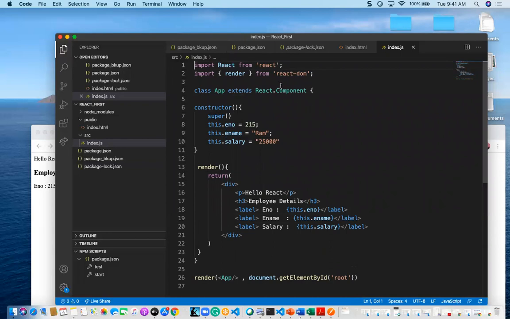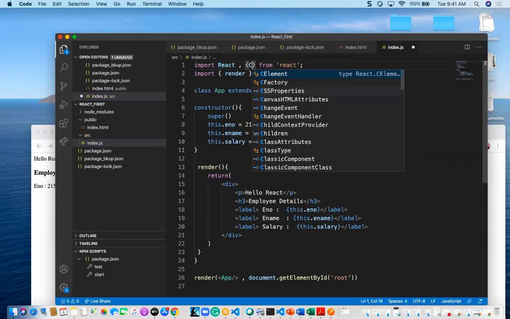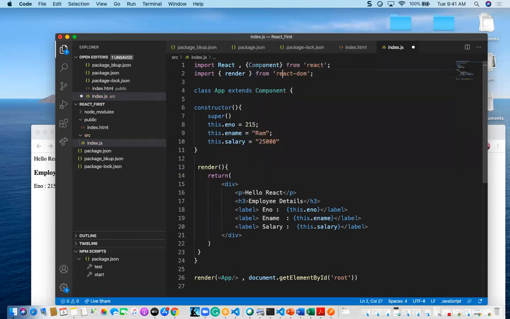There are two ways of creating the component. One is React.Component. The other one is also there, that is Component. What is the difference between both? Both are the same. Okay. Here, if you see, I am already importing Component from React.